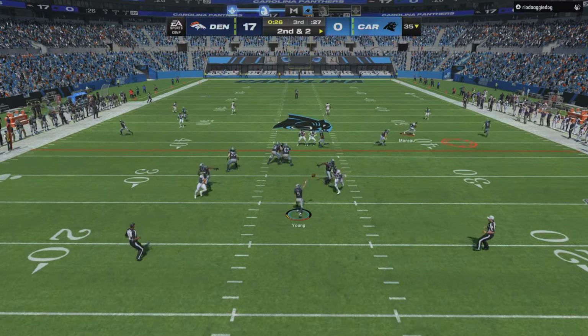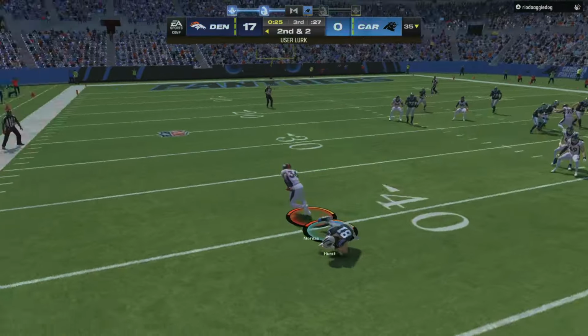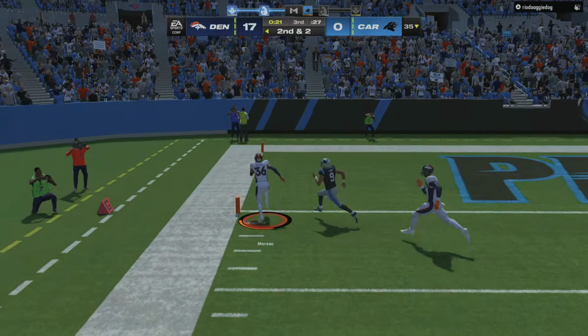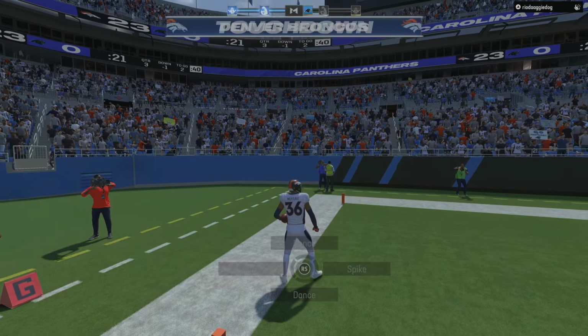Young to throw it. And his pass is intercepted for the 4th time today. Picked off by Fabian Moreau. And he takes this one back into...